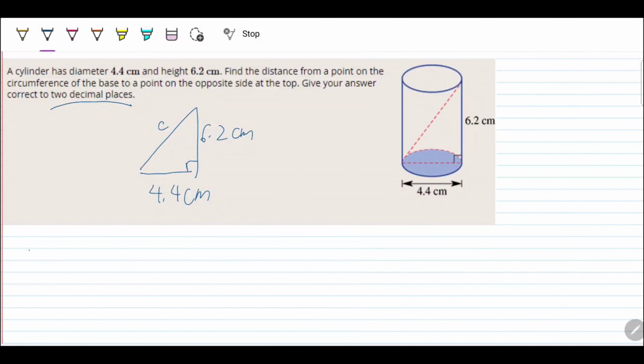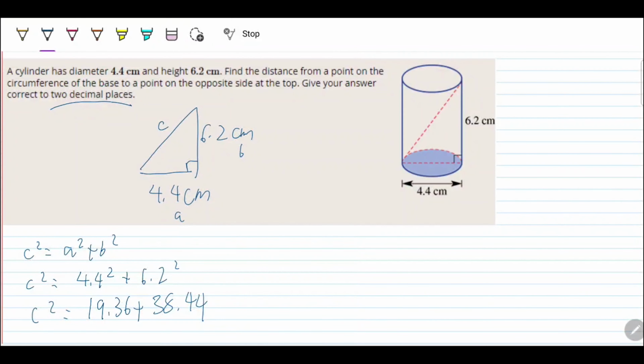We know that C squared is going to equal A squared plus B squared. C squared will equal A, which we'll label here, and B will label here. So A squared is going to be 4.4 squared, and B squared is going to be 6.2 squared. 4.4 squared is going to give me 19.36. 6.2 squared is going to give me